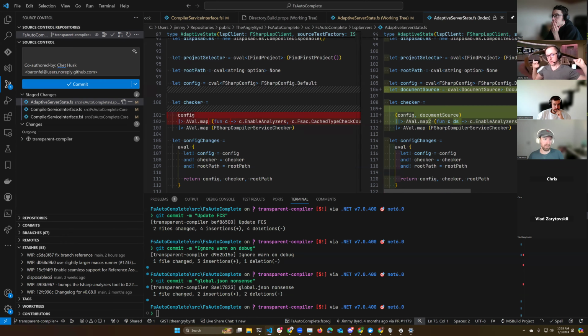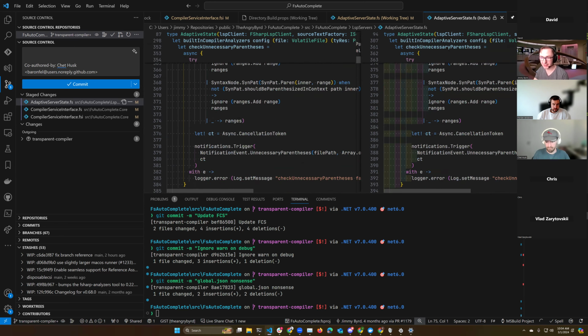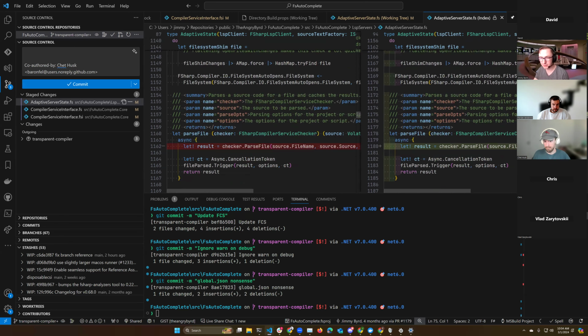And it may be, with the transparent compiler and the memoization there, cheap and fast and efficient enough to do that on demand, instead of us having to handle caching internally. From what I looked at for that pull diagnostics, I'm not convinced a lot of editors support that. Yeah, that too. I went down that road like a year ago and it was like, maybe this isn't as good as I thought it would be, because I had a lot of thoughts that would be really nice to do. But